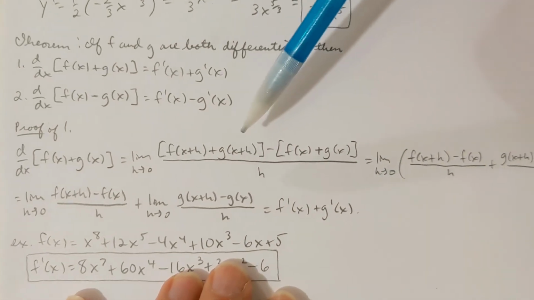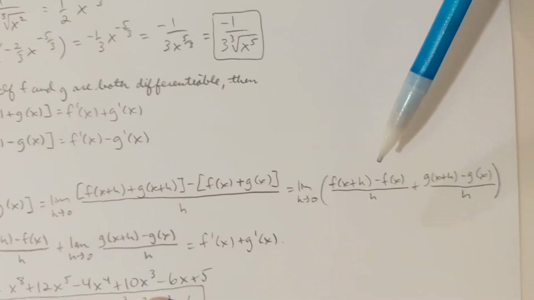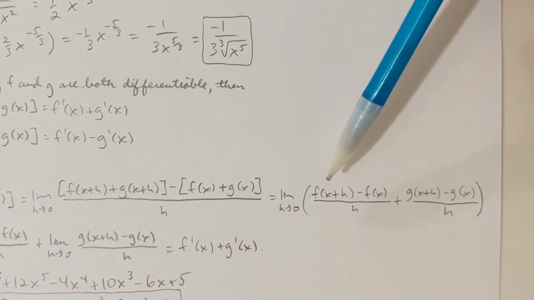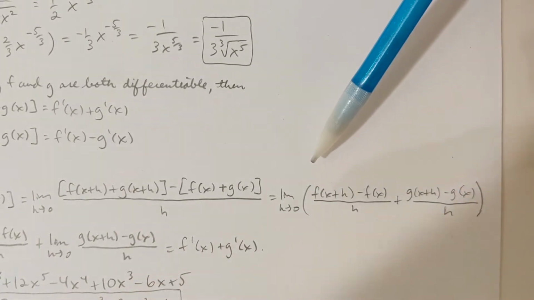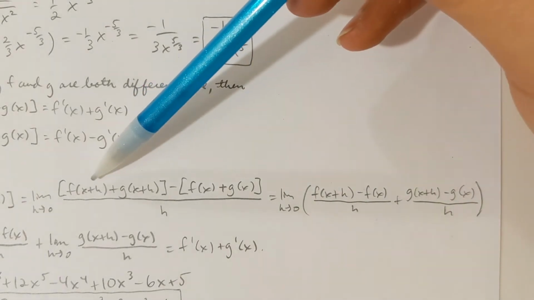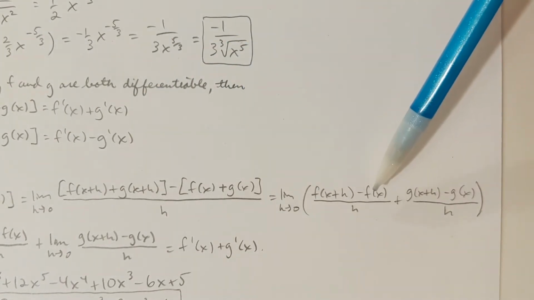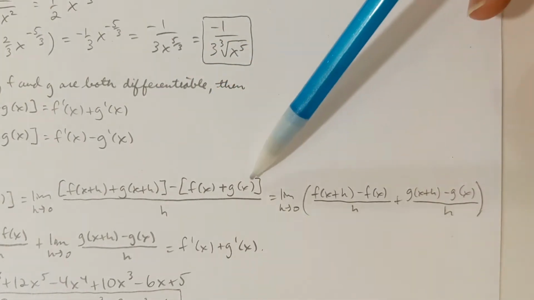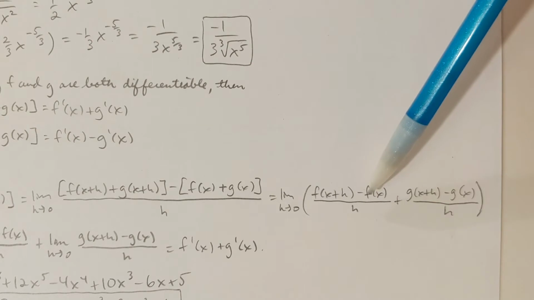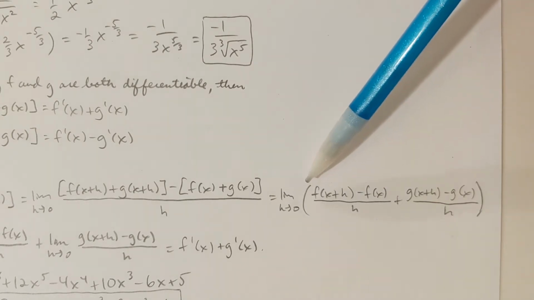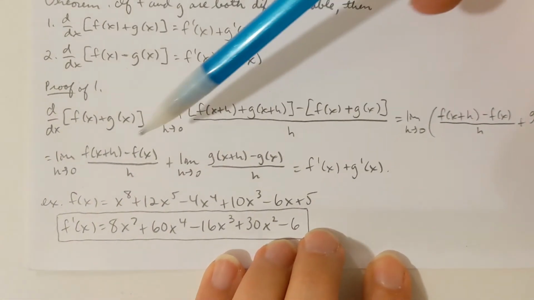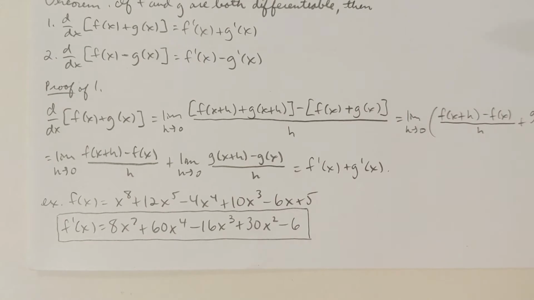The next thing I'm going to do here is let's put the expressions for f together and then the expressions for g together. So I've got f of x plus h minus f of x, and then plus g of x plus h minus g of x. And let me go ahead and split this into two fractions here. And at that point, then I can split this into two limits, right? Limit of a sum is the sum of the limits. So the limit as h approaches 0 of f of x plus h minus f of x all over h,